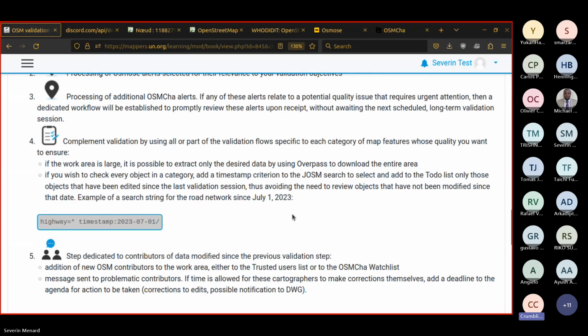Just wanted to ask a question about that. So, yeah, how would you coordinate? Because obviously this is talking more about the long-term validation. But how would you coordinate the validation through tools like Osmose, where you see that you have those edits, with validation in, say, a tasking manager when you have a task through HOT OSM?